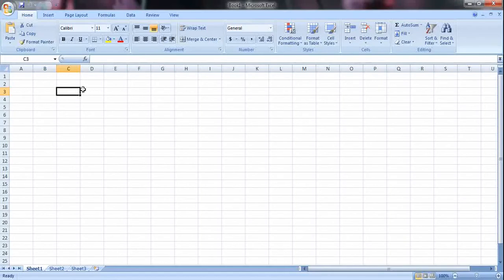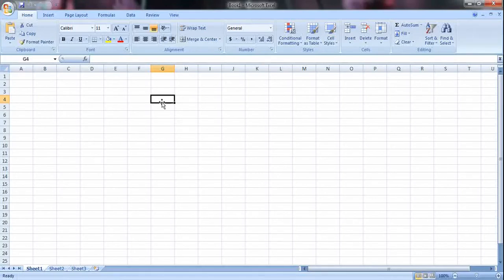So the currently selected cell is nothing but called as an active cell. So whichever cell is highlighted with a black border, that is the active cell, and the name of this cell will be displayed in the name box.